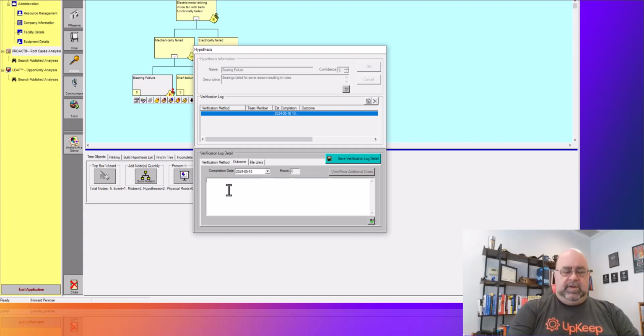Outcome: drive end bearing showed signs of fluting on the outer race. Okay, so we now know, based on the picture,